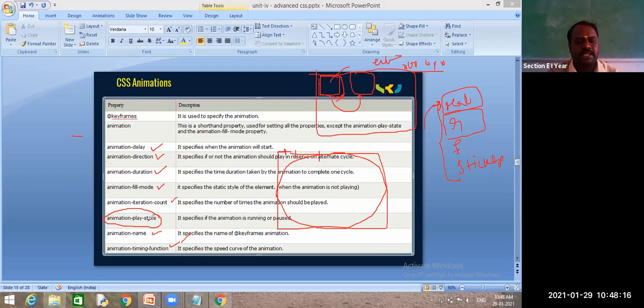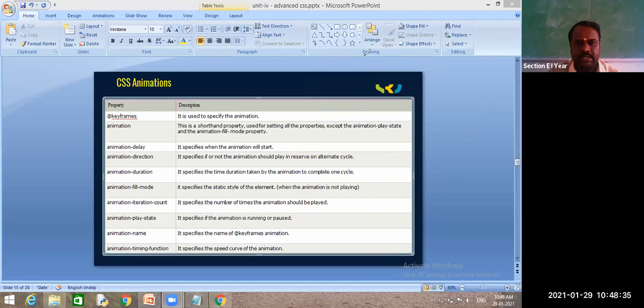Play state conveys whether your animation is playing or paused. Sleep mode is nothing but paused. Do you know the difference between play and pause? I hope you know. You are good at games, so you know what play mode and pause mode are.